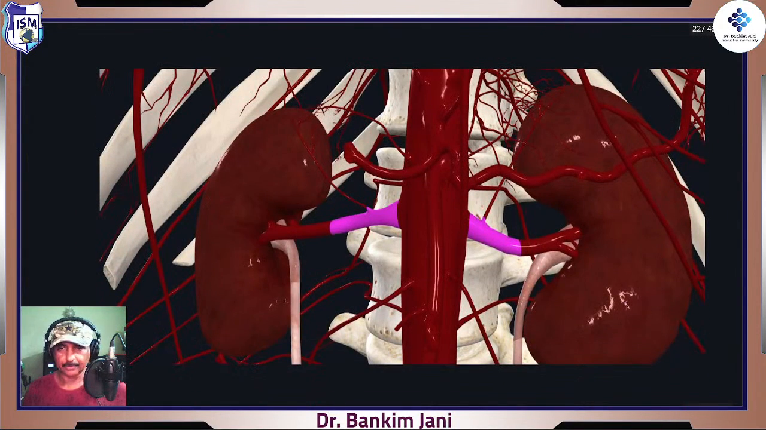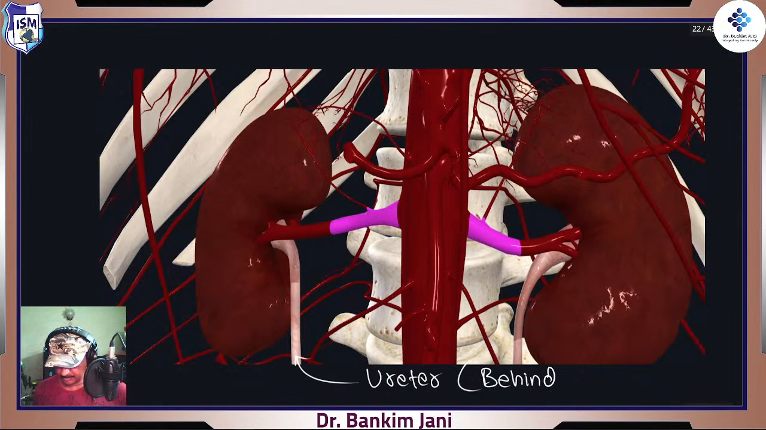Correct? Fine. Now over here, one point which is to be remembered. Always the ureter is behind the artery, right? Just remember this small point that over here, this is the ureter. So the ureter is behind the artery,